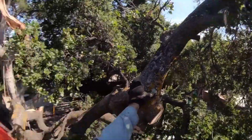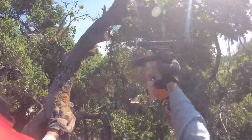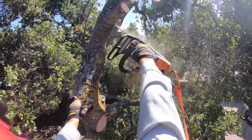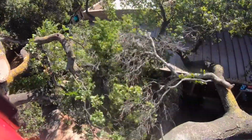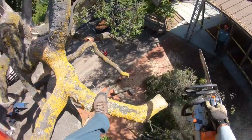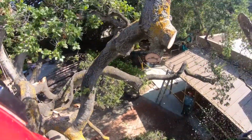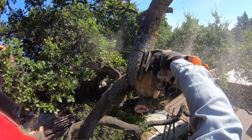Not to get hurt, which is always our priority, but you've got a job to get done, and we have to put ourselves in some pretty difficult positions and pretty difficult locations. We have to do it safe, but a lot of times recognizing what is safe is discovering, so you get up into the tree and it's...